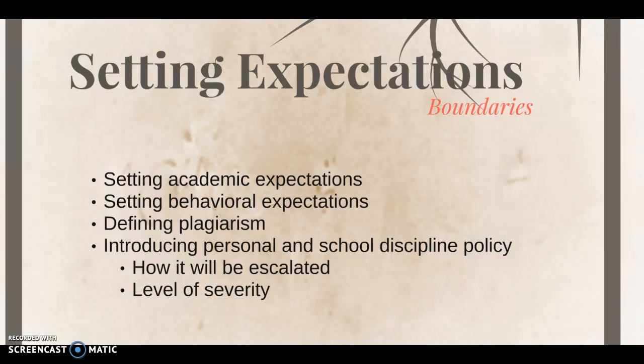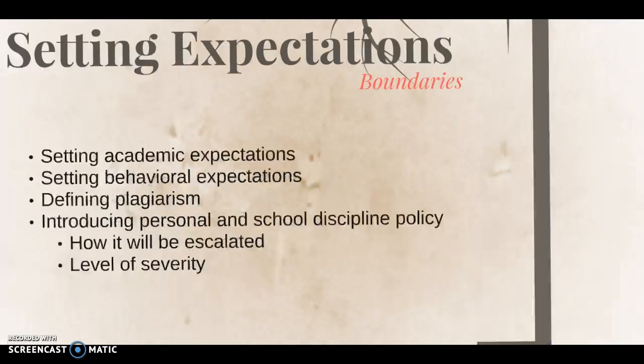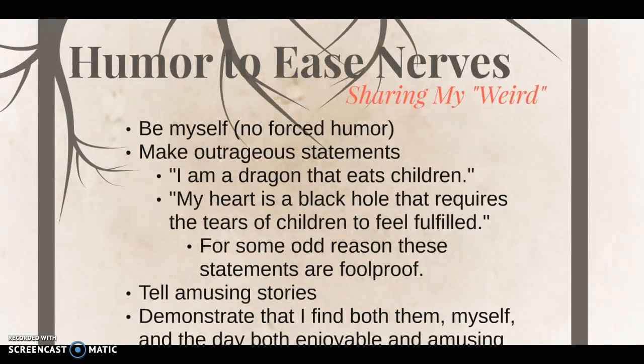clear about what the steps are taken, if a student makes a mistake several times, how it will escalate in terms of severity. So this lets the students know that in this case, this is what to expect. It's usually pretty heavy, but I try and speed through it. However, I do feel like this is really, really necessary. And in fact, later on, I generally get a bit of gratitude from the kids who appreciate that I am so clear. But then, I always try and loosen it up.